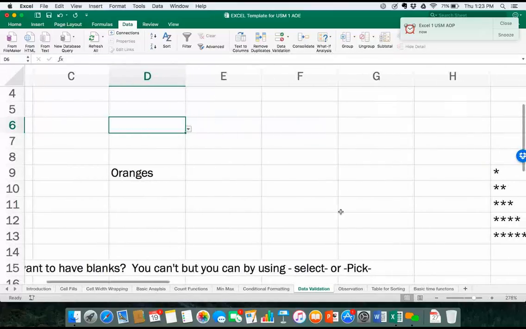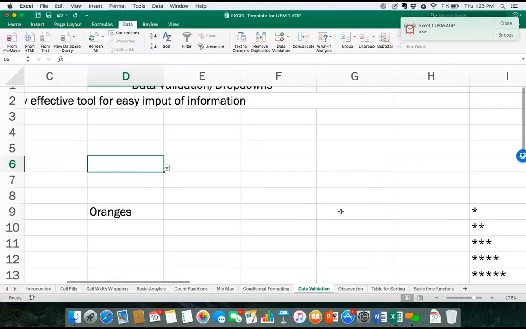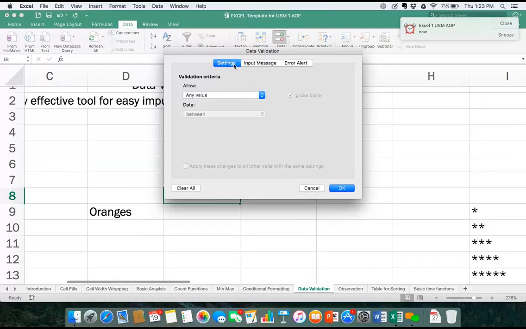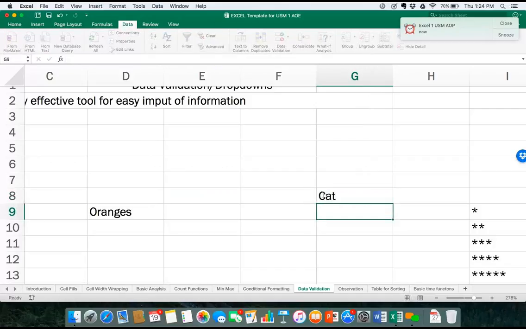I put them all in the template I gave you, so you can certainly try it. Now, there's another interesting way you can do it. In addition to typing the items in manually, another way you can do it, I should have done it first, is to have the items in an array, just in a column. Cat, dog,